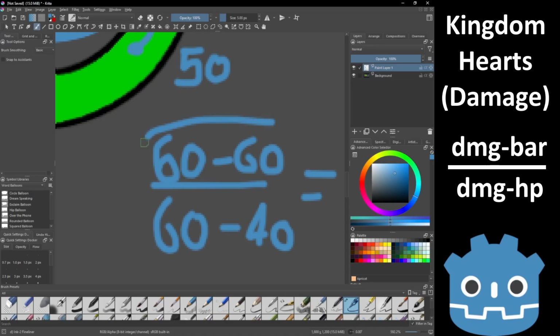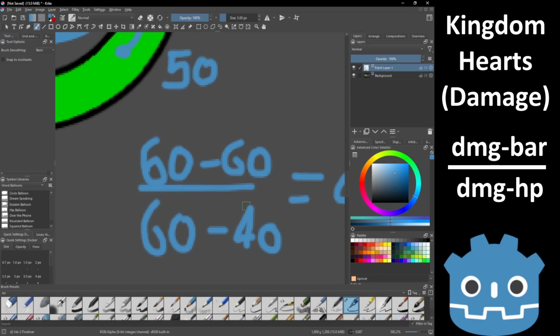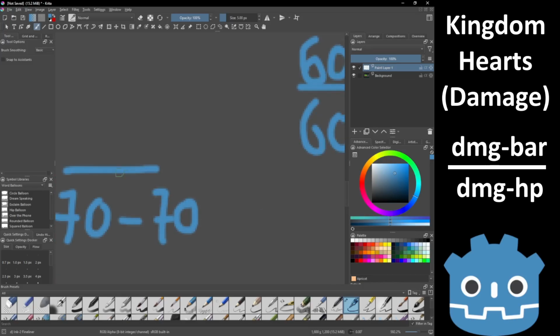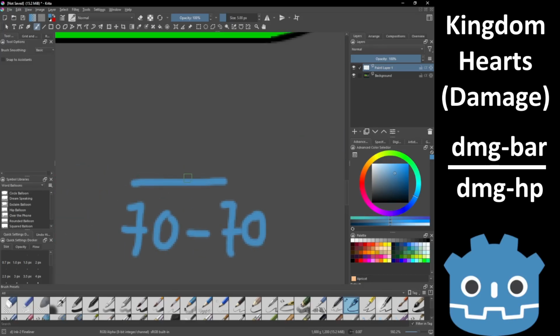Now, no matter what, the numerator will be a non-negative number. And the same goes for the denominator. So what happens if we have something like this? 70 minus 70. That will be a division by 0. Since our health is 70, that means that the value of bar 6 will also be 70.